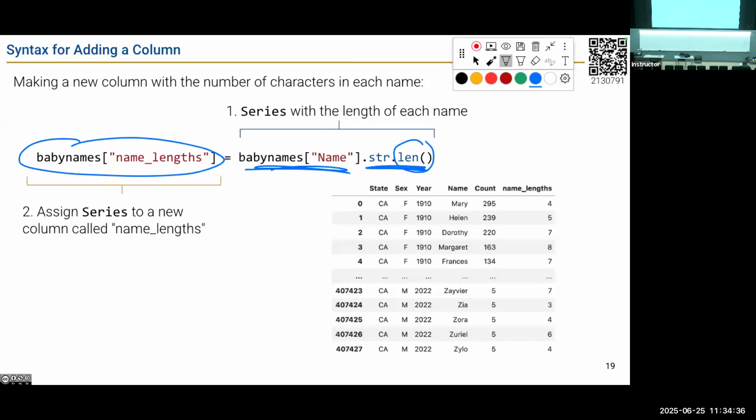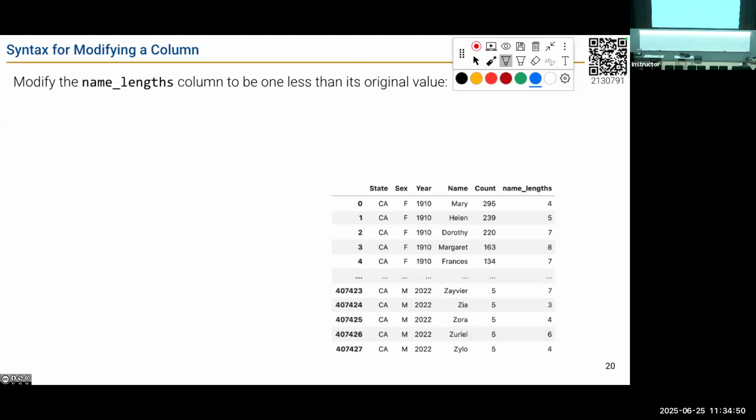And now, if you look at this data frame, we can see at the far right, we have all of our names. Mary, also 4 letters. We can see we now have a name lengths column. So that's how you add a column. It's very similar to how you modify a column. Let's say I wanted to modify that name length column. Let's say I wanted to just subtract 1 from all of those name lengths for some reason. Maybe all of the names in this data set had an extra period at the end or something like this.